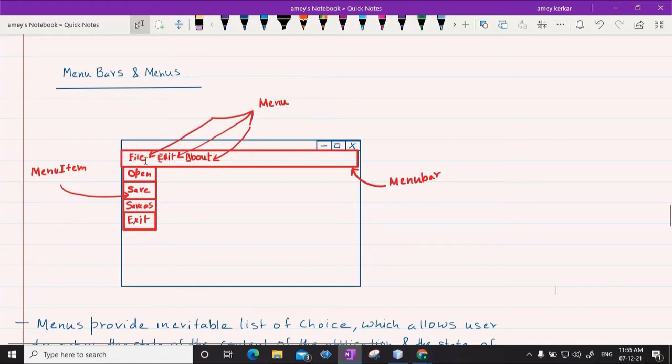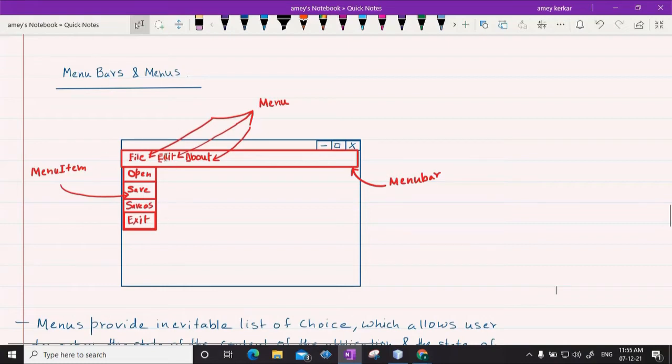Now, if you click on the menu, then there is a drawer which opens here, and that contains different menu items which are there in the menu. If you click on file, you will get menu items getting displayed: open, save, save as, exit, and so on.